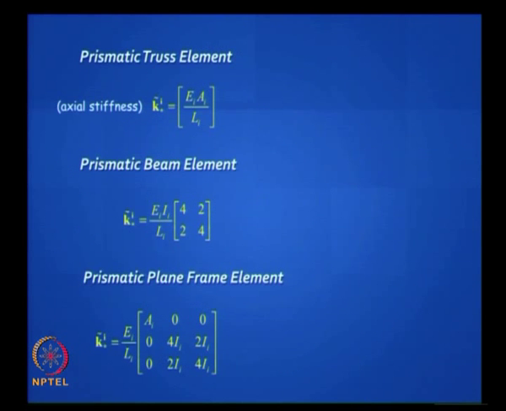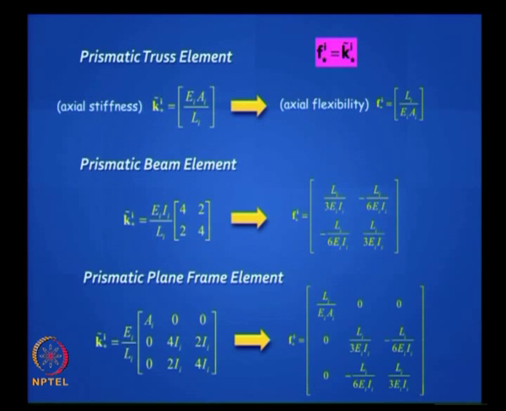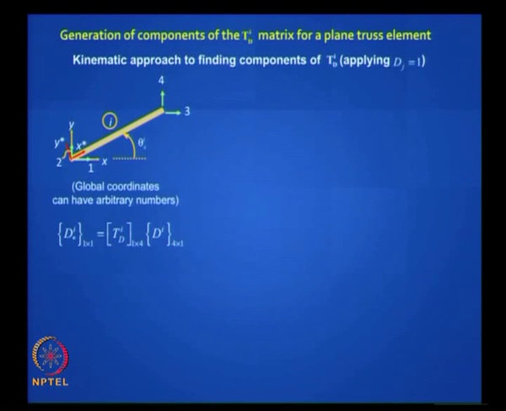Similarly this works out. So if you want to put it all together, these are the 3 values for stiffnesses and these are the 3 values for flexibility. Very easy, and you have already learnt this, and manually you can do this, but you should also know the other one. How do I generate the components of this matrix for a plane truss element? I'll end with this definition. Okay, so let's take a truss element like that. How do I get the TD matrix for this truss element?